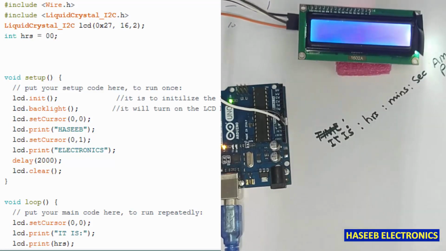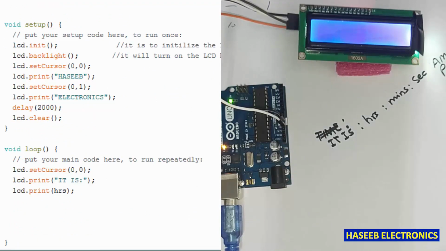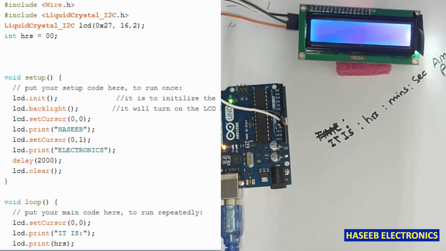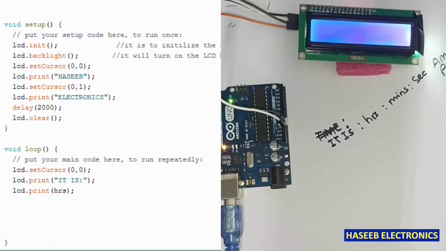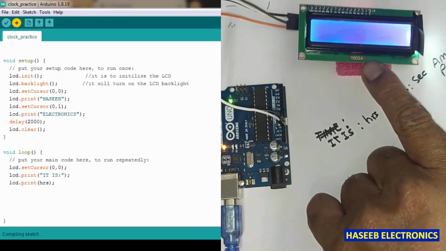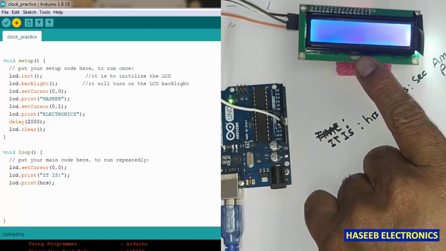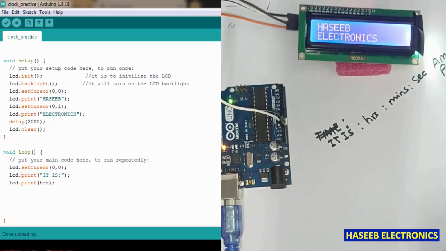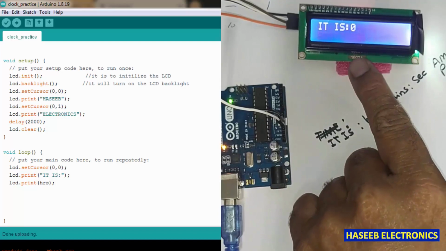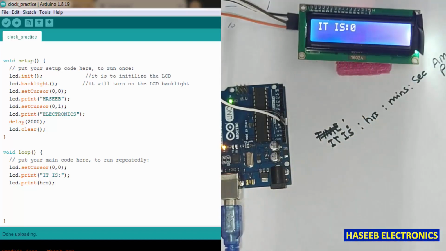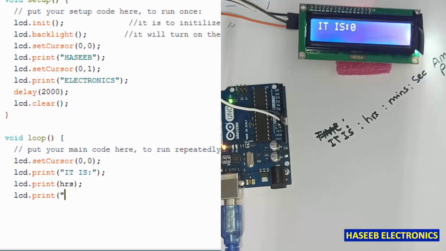When we say lcd.print(hours), it will take this 00. Let's write it and then we will see. We will go step by step. It will display Haseeb electronics. After that it is 0. Okay, then lcd.print separator, we will type in inverted commas, terminator, then lcd.print